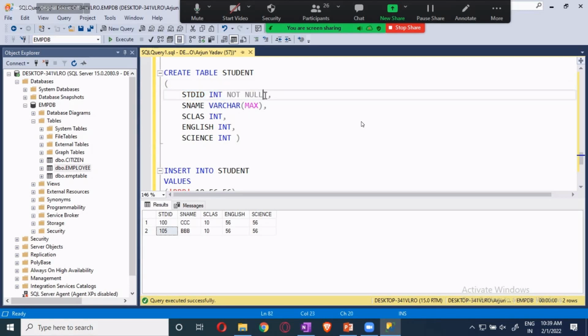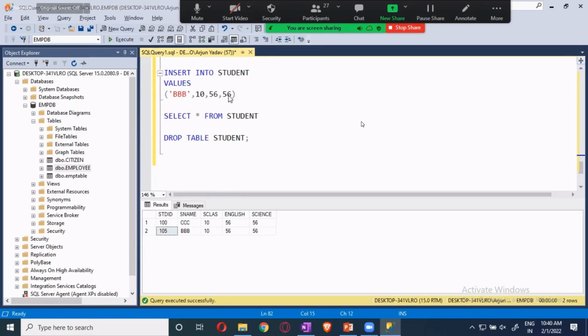Now, if I give it as NOT NULL and UNIQUE, it will not allow the null, but at the same time the value should be unique. You can't enter duplicate values over here. If you enter a duplicate value, it will not be accepted. And the other one I told you is identity. Identity is very, very powerful. These are just small attributes, but identity is really very powerful, as we have just done. Just make a note of that, guys.